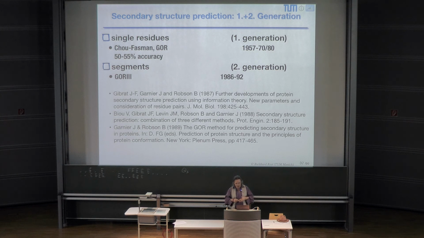So essentially what you do now, and I believe that's what you meant, is what is known to the field as GOR3, again for those three authors, Garnier, Osguthorpe, and Robson. That's the third iteration of GOR methods. And essentially the idea is really